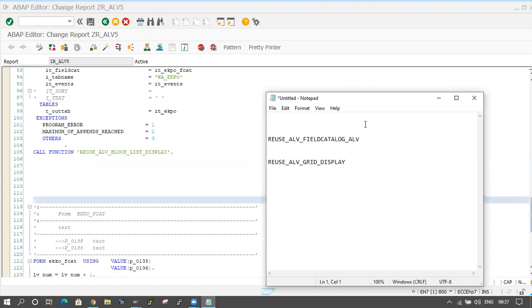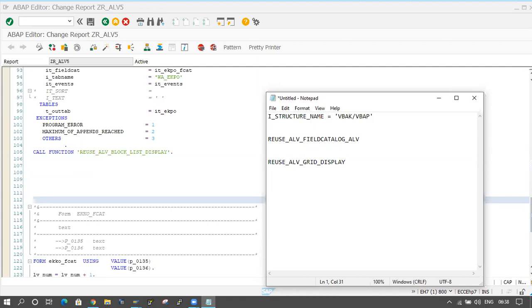If we want to display just one table's information, then it is not required to maintain the field catalog internal table or pass that field catalog internal table to the function module grid display or list display. Instead of that, we have to use I_STRUCTURE_NAME equal to the table name, say EKKO, whatever table name we are passing here.